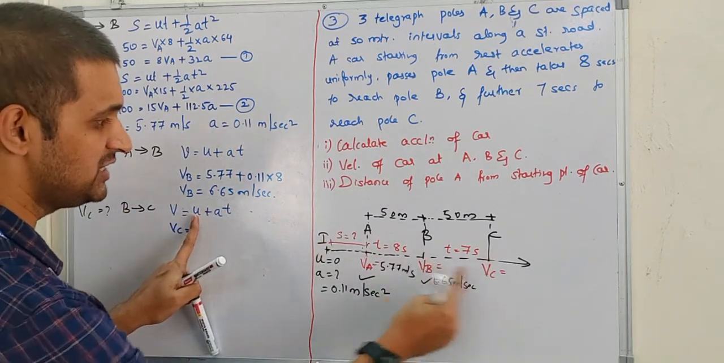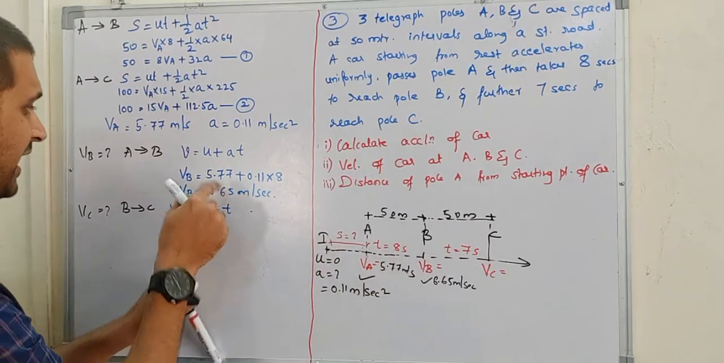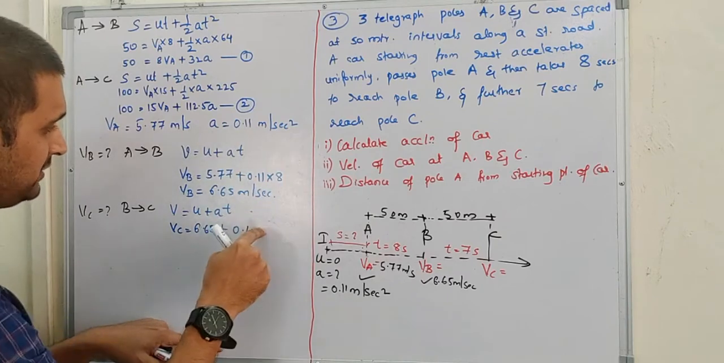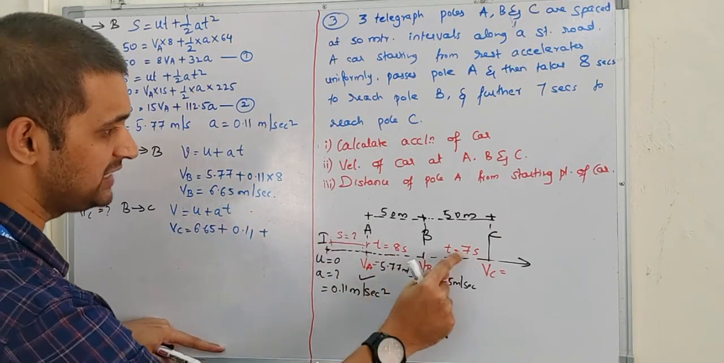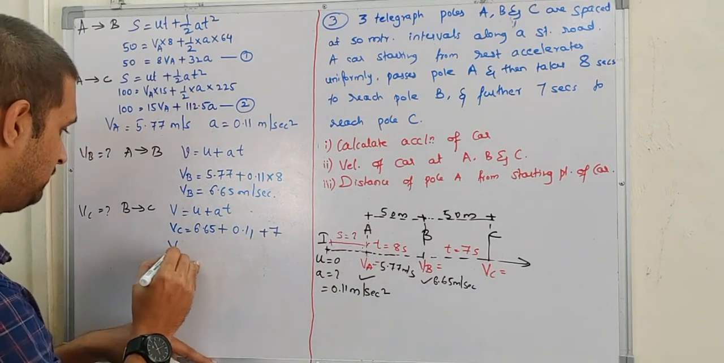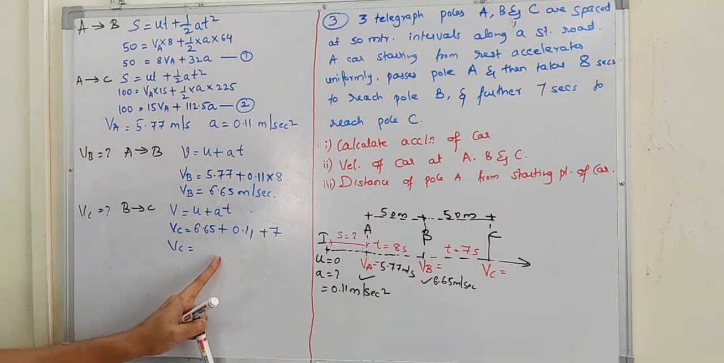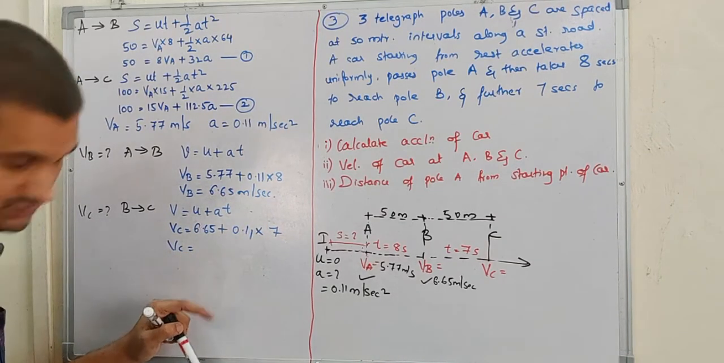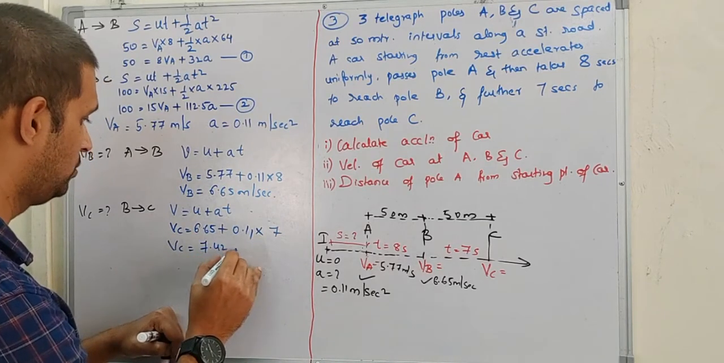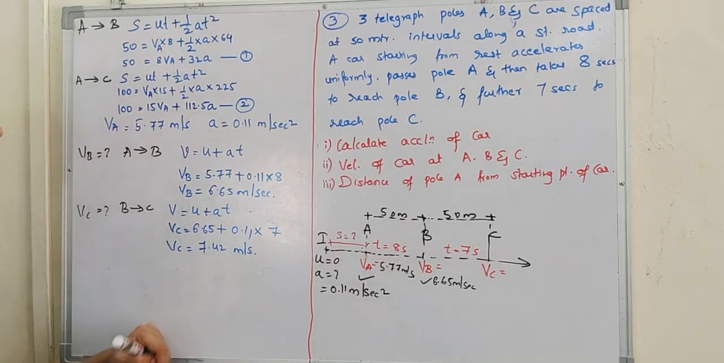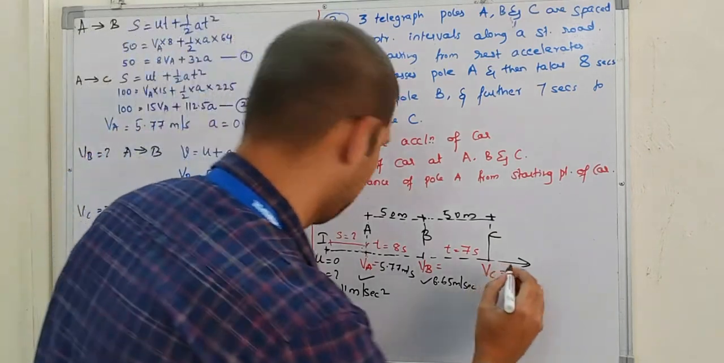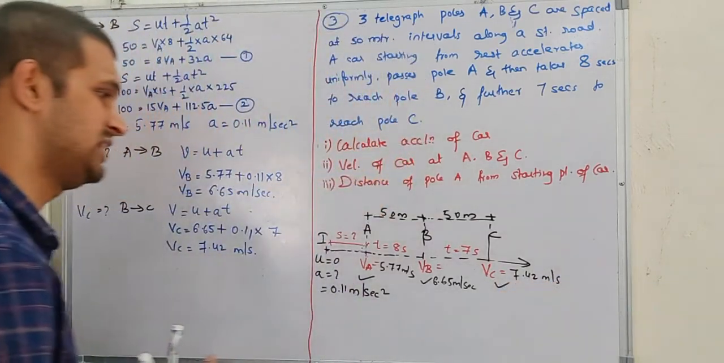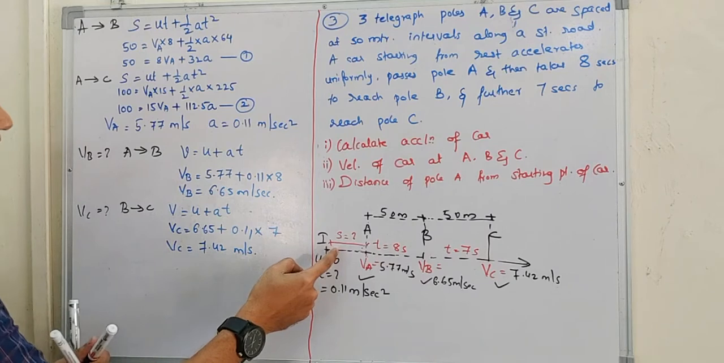The initial velocity from B to C, VB, is already calculated as 6.65, plus acceleration 0.11, multiplied by the time interval from B to C, which is 7 seconds. So with that VC will be 7.42 meter per second. So now VC is also known to us, and the only data left is the distance